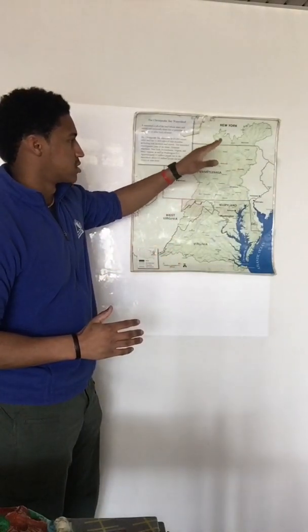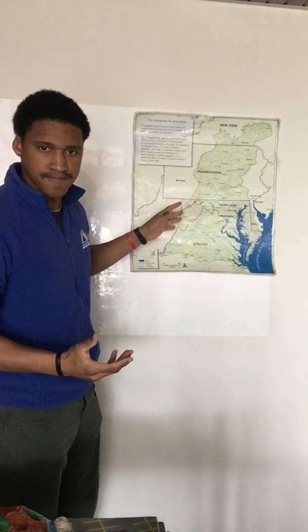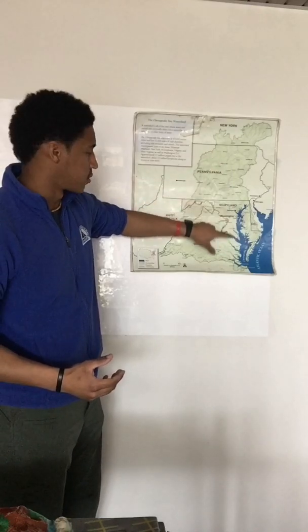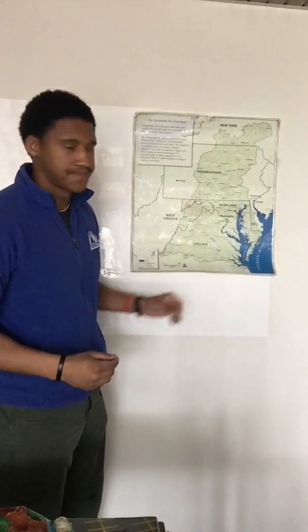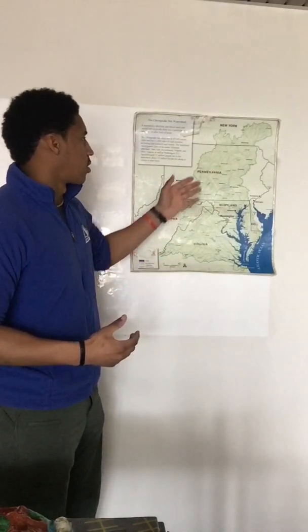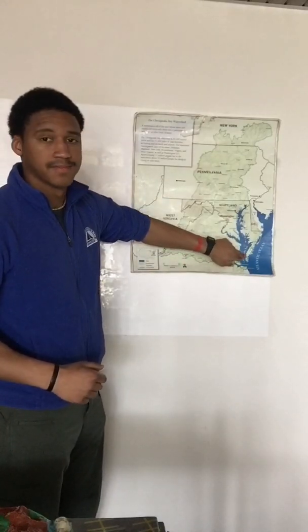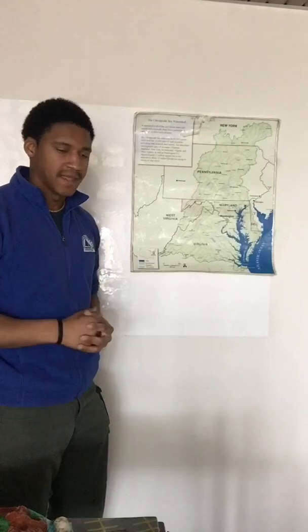So remember, I said all of these states are in the Chesapeake Bay watershed, and think of all the different tributaries, all the different rivers and streams that flow through all these different states. Now remember, all the water flows down these different states and funnels, okay, acts like a funnel, makes their way to the Chesapeake Bay, and then from the Chesapeake Bay to the Atlantic Ocean down here. So think about all the trash, all the different pollutants that are created in these different states that flow in the water and flow down to the Chesapeake Bay. So that is an accumulation of a lot of trash, okay, building up in the bay. And of course, that is not good. That affects the animals in a negative way. And so we're done talking about the map.